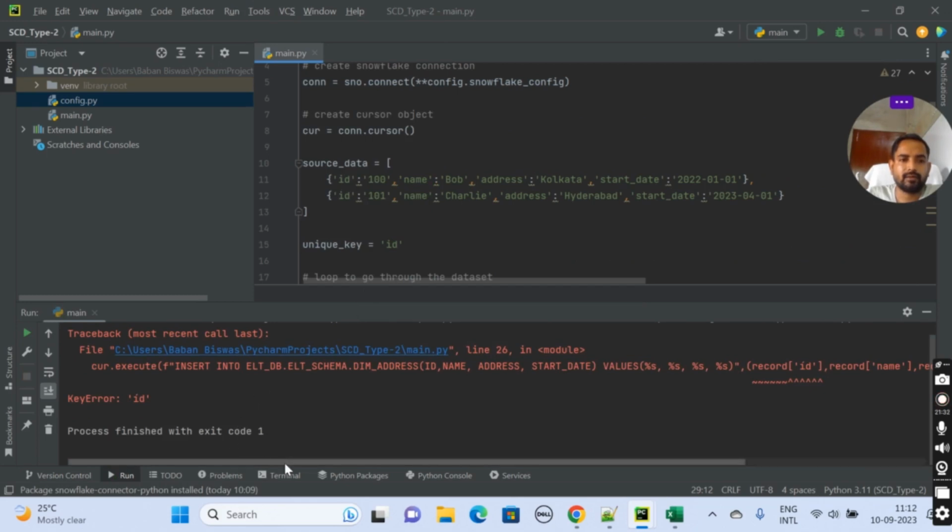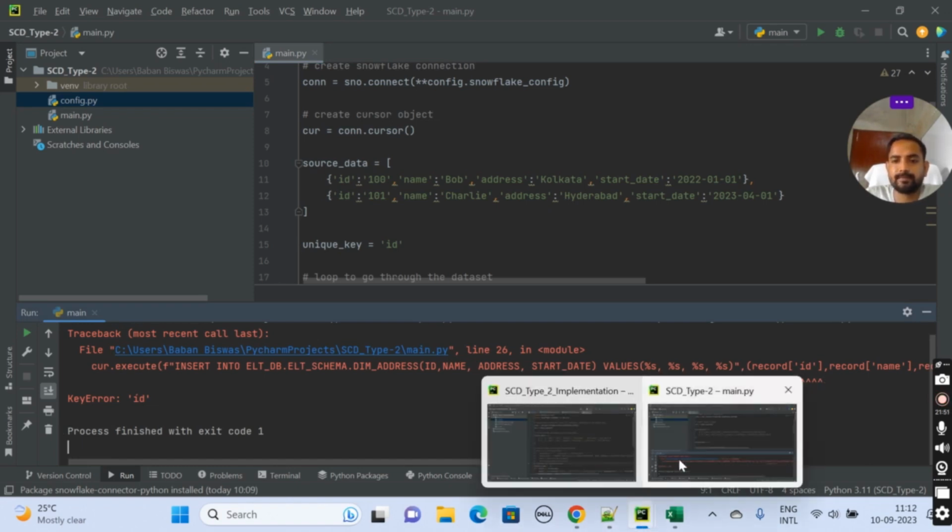Okay, we got some error. What is the error? Insert into id is something. It's telling that key error id. So I think the error is here: record id, comma, record name. Let's see what the error is here.